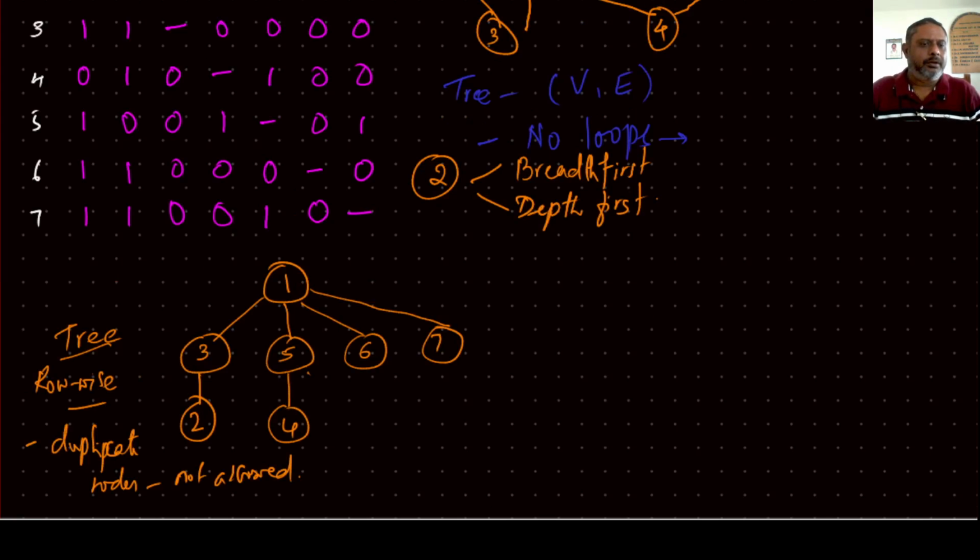Okay, now let's see the other version. This is what we called breadth first, because we went on adding breadth wise. So 3, 5, 6, 7 were added, and this way we are adding, therefore breadth is used. Now if you go for depth wise,